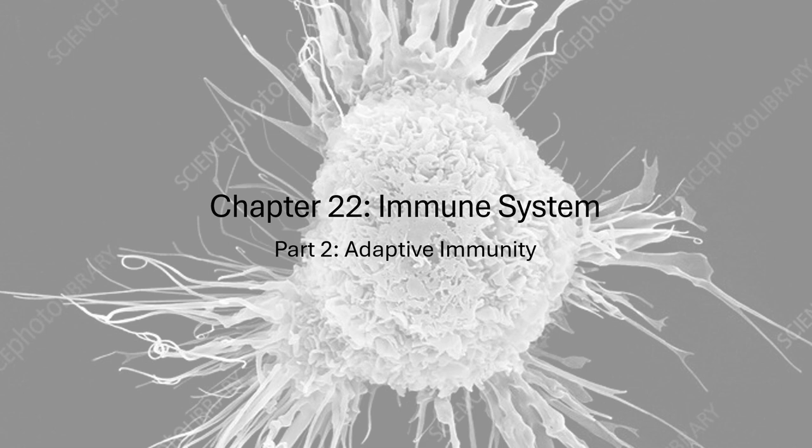We talked about things like lines of defenses, first line of defense, second line of defense. We talked about various cell types, so macrophages, neutrophils, eosinophils, phagocytosis, interferons, inflammation, fever, things like that, right? This adaptive immunity lecture is now going to focus on the second part, and what we're going to focus on in particular,